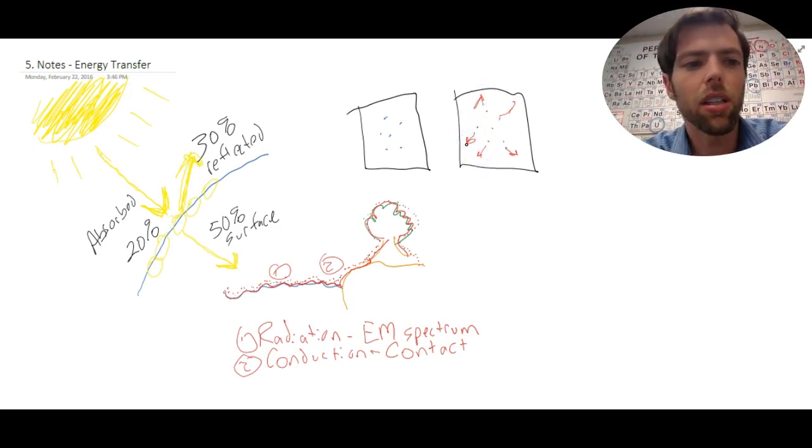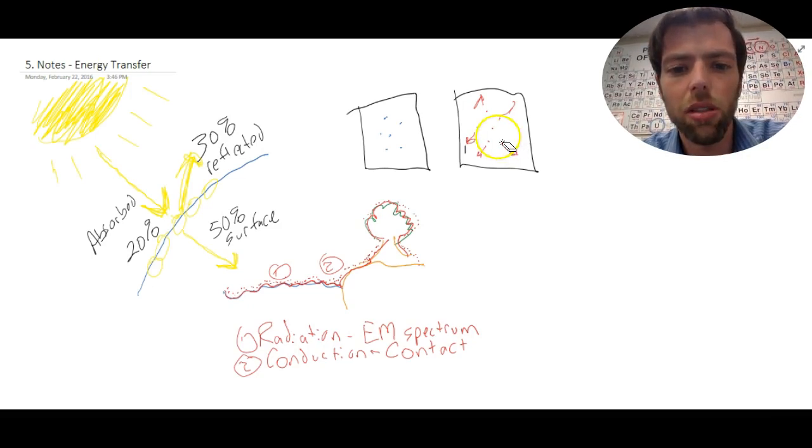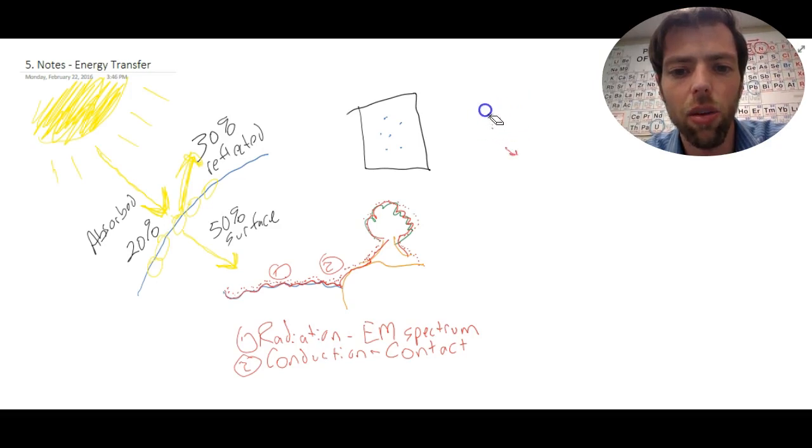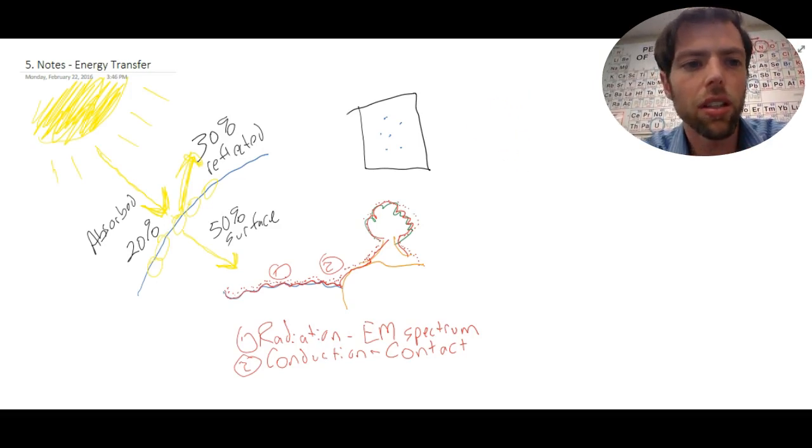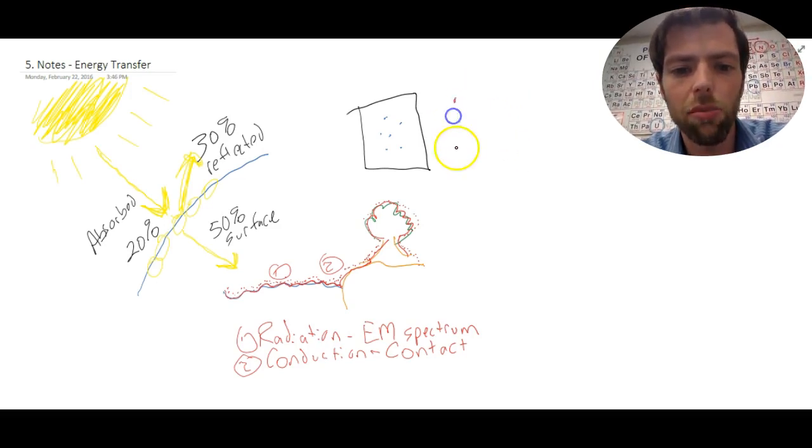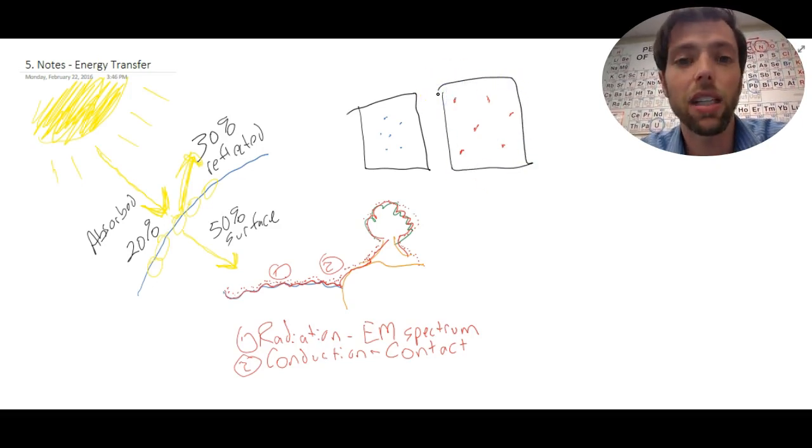So over time, if I'm going to erase where they used to be there, there, and there, and there, and there, but they've been zooming around. Whoa, I erased a bunch of stuff. So let's go ahead and draw where they are now. Now they're over here maybe, and over here. And I had 6 molecules, but now those 6 molecules are all spread out on my red box because they